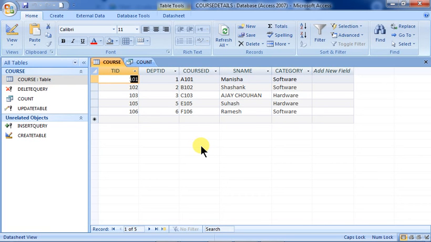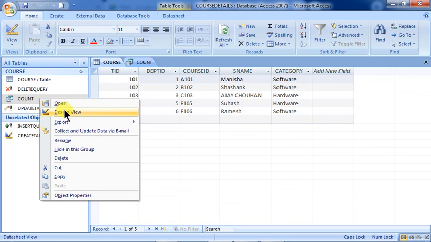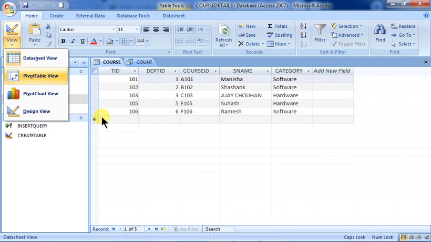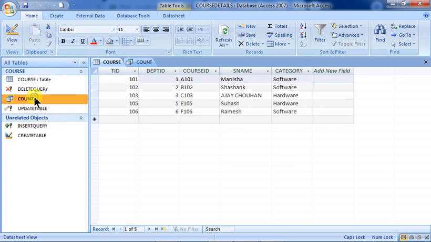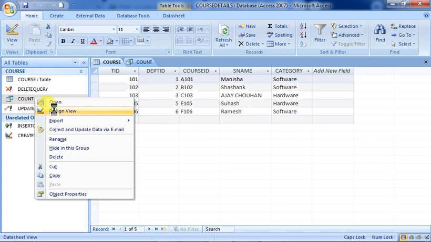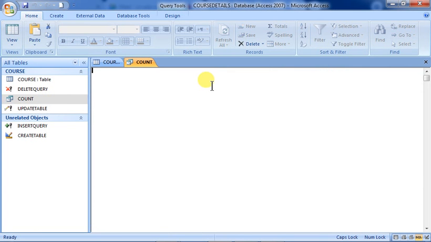So this practical session is very important and precious for you, in order to know the query and how to use it. Okay, clear. And the very important query, I would like to say, is count. Before closing, I'm just opening it in design view, not this one, sorry, SQL view. Okay, just a minute, design view I'm going. Okay, now see, I'm just removing this. This is very important to display all the records. Select star from course.